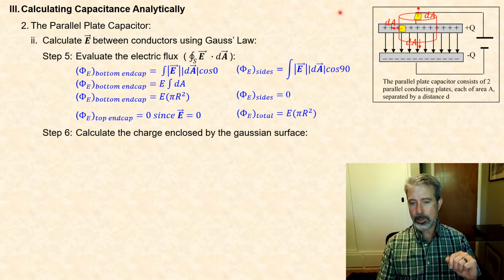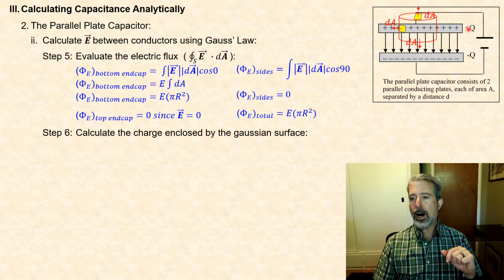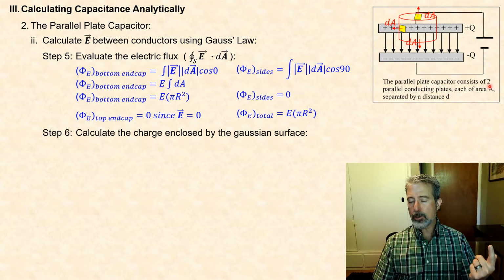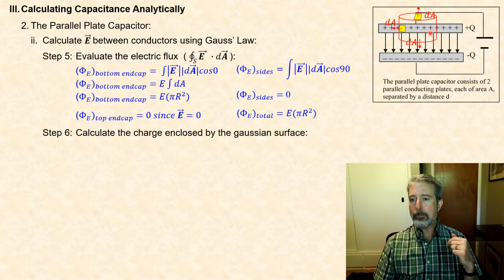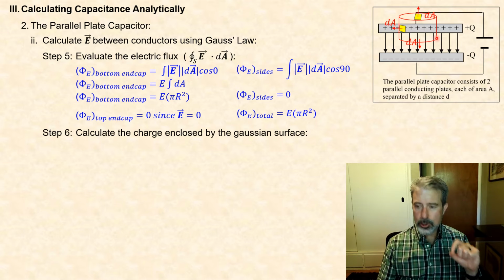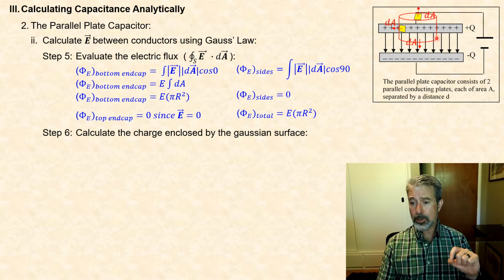Now notice here that the plates have a certain charge density. Each plate carries a total charge Q and has a total area given by A. So the surface charge density of the plate is this ratio Q to A. But notice our Gaussian cylinder does not enclose the entire plate. So we have to find out just the charge enclosed by our Gaussian cylinder, our Gaussian surface, will be equal